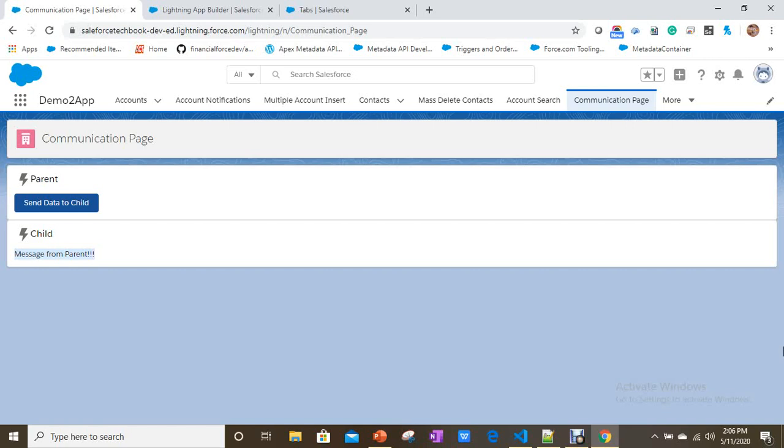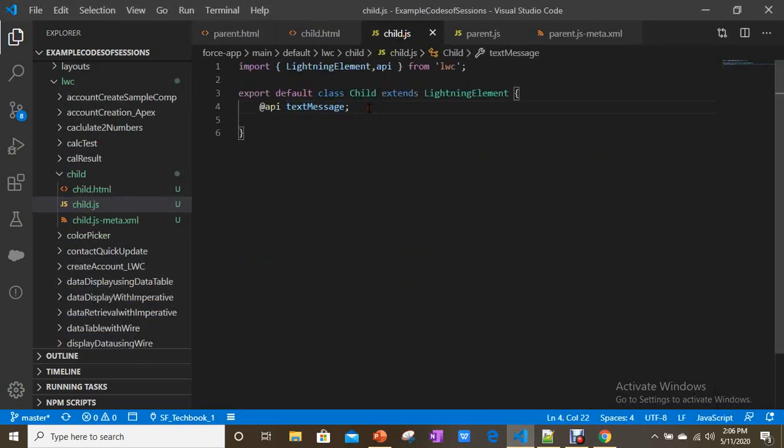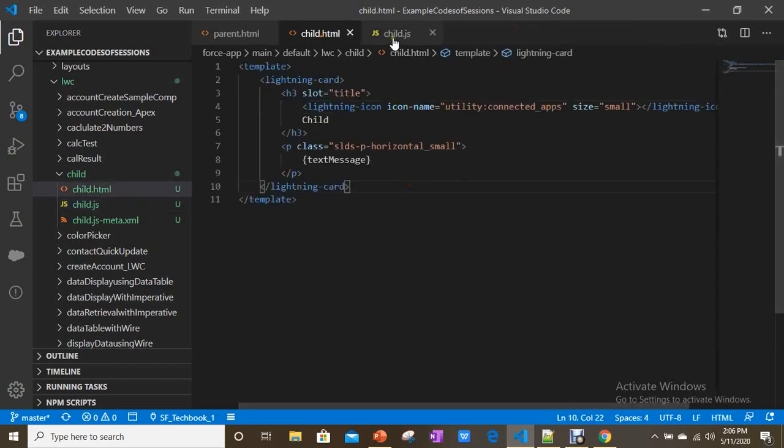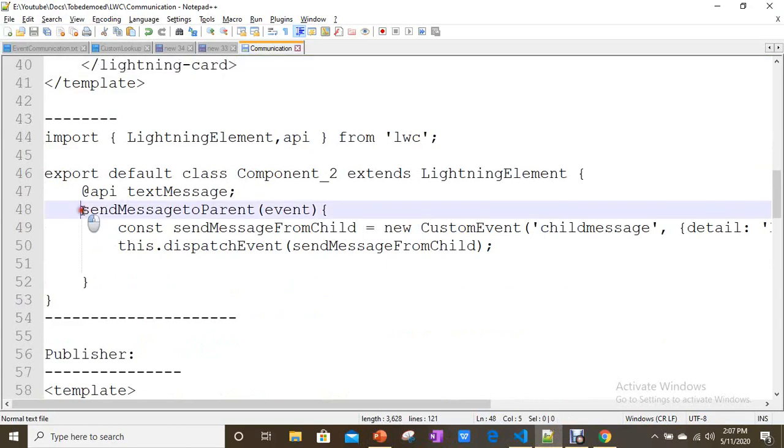Now how can you pass data from child to parent? We know that by using custom events you can pass data from child to parent. So for that you have to define a custom event in the child.